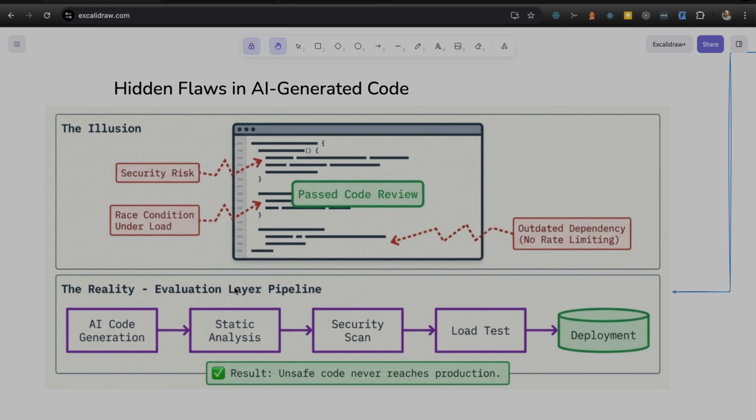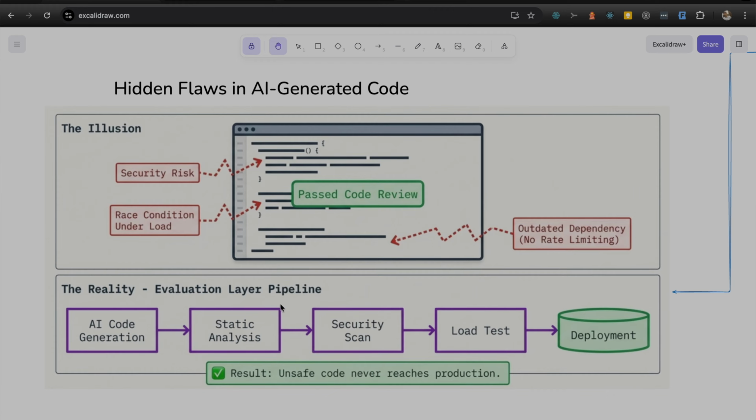Why at the evaluation layer? Because we can set a few pipelines over there, maybe code checks, unit test cases, or integration tests, so that we can handle it. If you see this screen here, there could be a security race condition. Maybe when it is implementing, some old library has been used, or some wrong component is implemented. So how do we handle it? At our evaluation layer, we will set up a